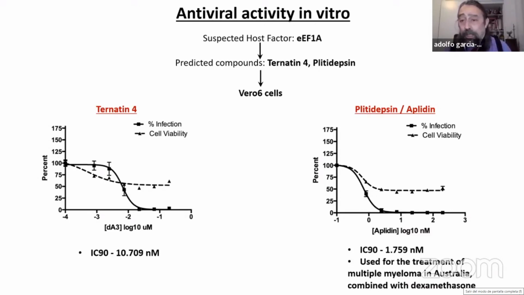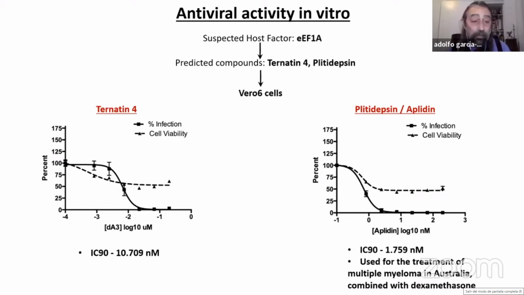In addition, we looked at whether it has some cytotoxicity, and even though it looks like it's reducing cell viability in this cell line, it does not kill the cells. This reduction in the percentage of live cells, 50% that we see here, is not due to killing of the cells, but because the compound prevents the dividing of the cells that happens in tissue culture, and therefore you finish with fewer cells in the presence of the compound than if there is no compound.